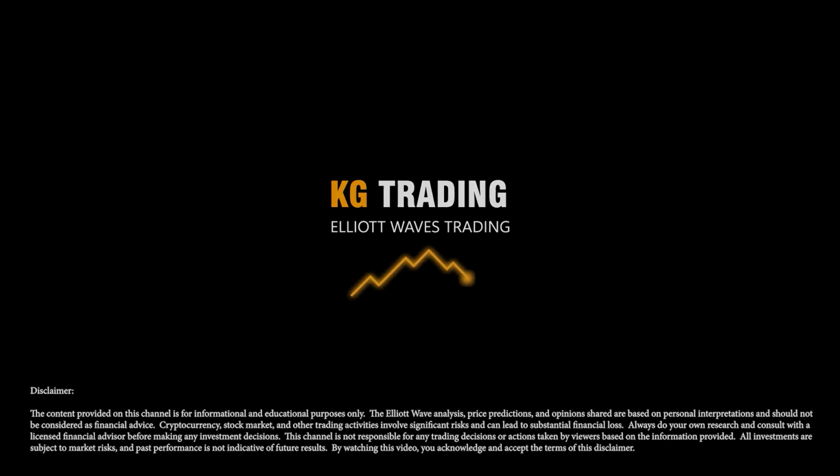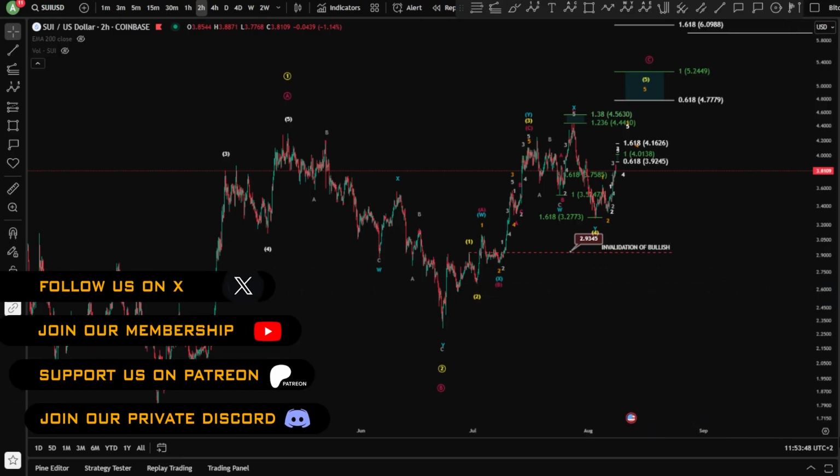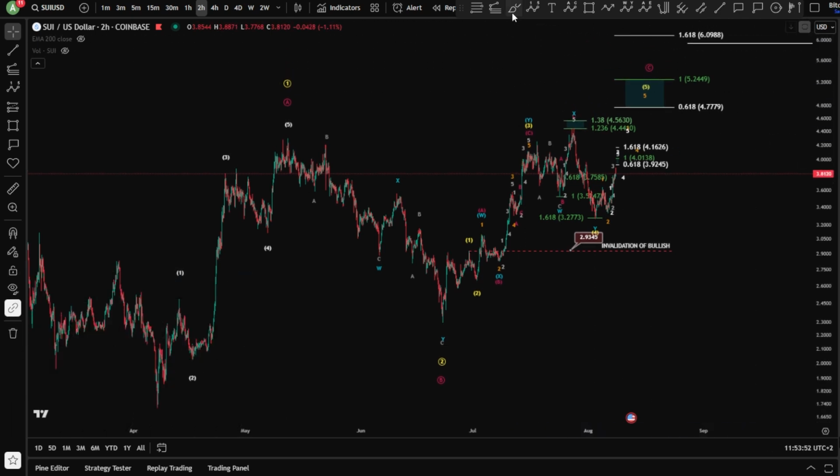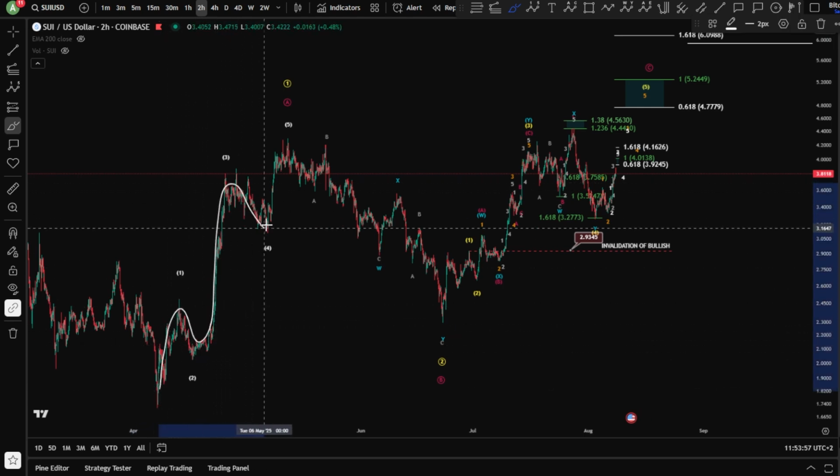Hello everyone, welcome to a new video for SUI, FET and Render price prediction based on Elliott wave analysis. We're going to start with SUI here on the 2 hour chart, where we see a 1, 2, 3, 4 and